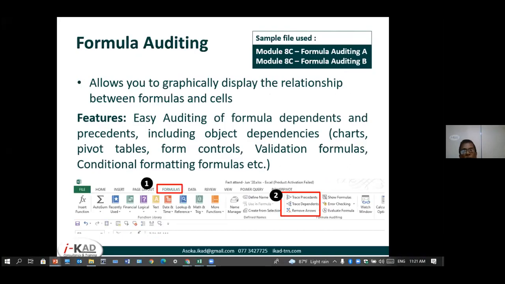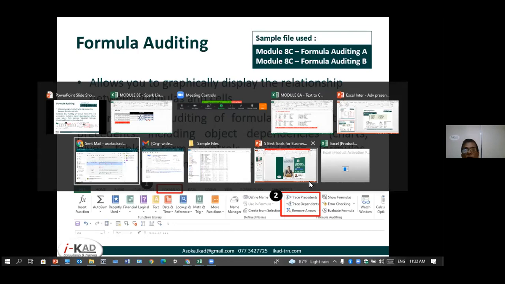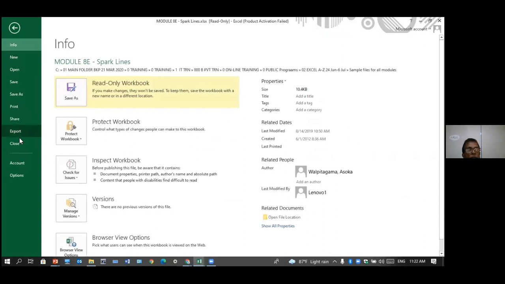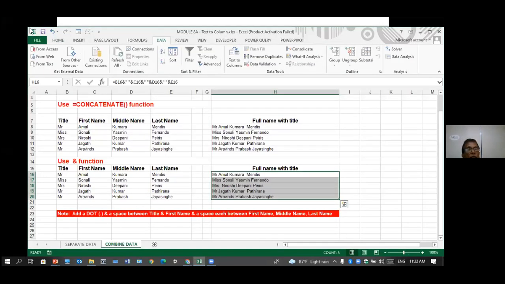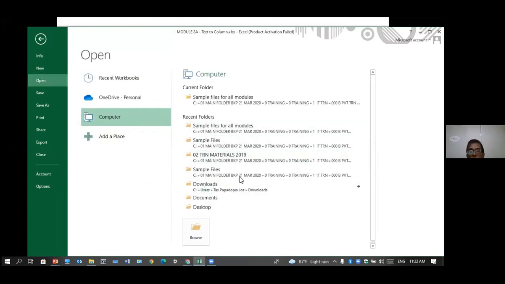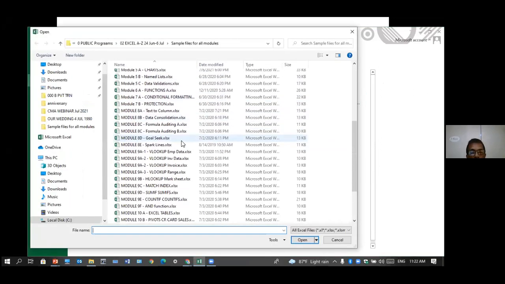Formula auditing allows you to graphically display the relationship between formulas and cells. Okay, so it's under formulas, formula auditing. Open 8C, A and B, there are two. Open both, select both and then say open.